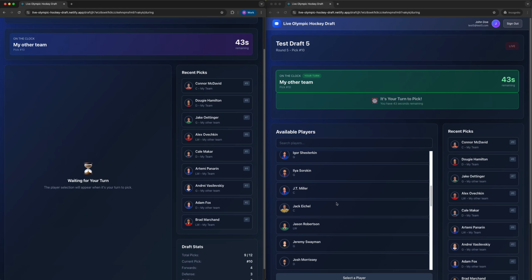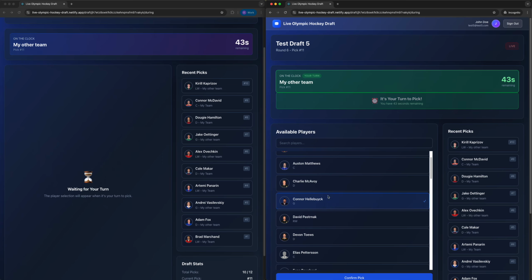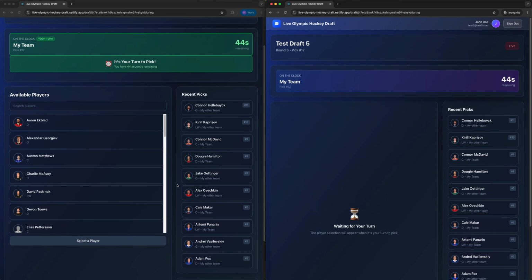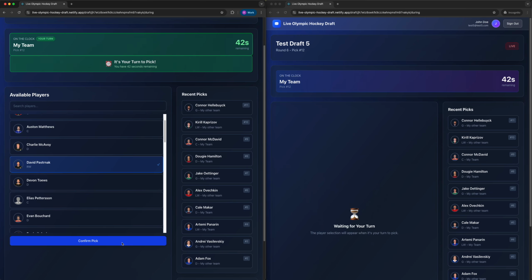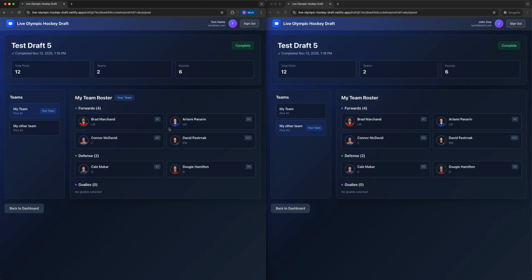So you just go through your turns picking. In this case, there's a total of 12 picks, so I'll just keep picking. And then once you've made the final pick, it'll redirect you to this completed screen where it gives you the stats on the draft and lists who you've picked and who the other team picked, so you can see